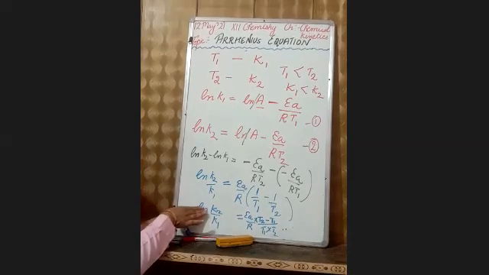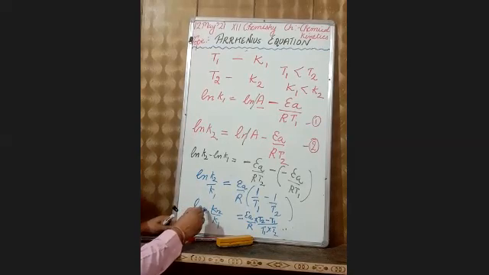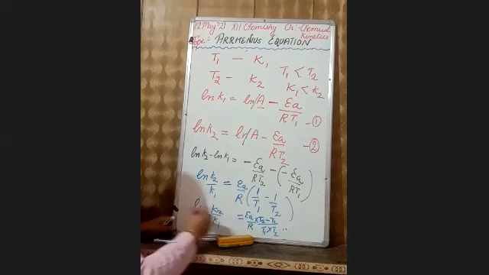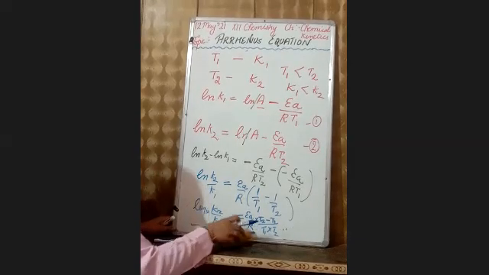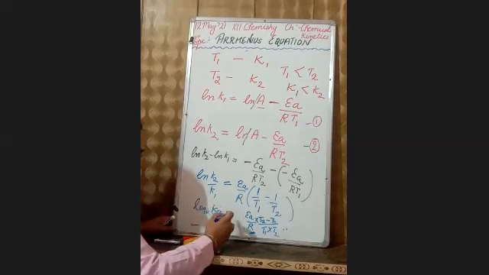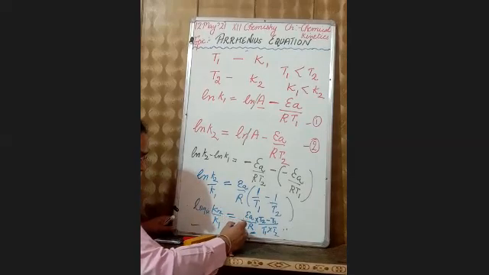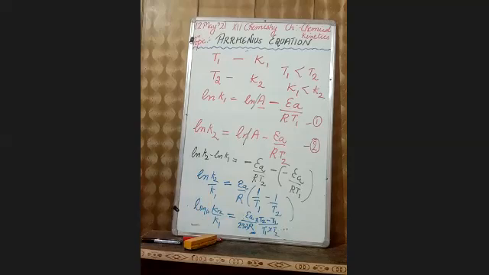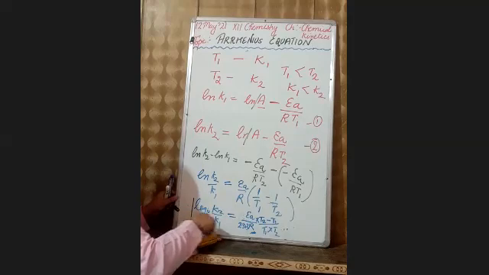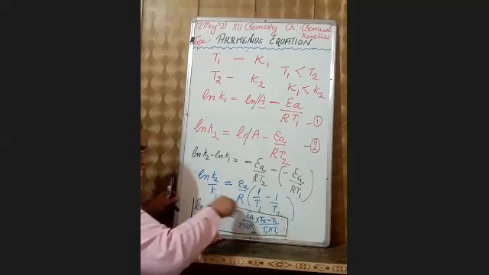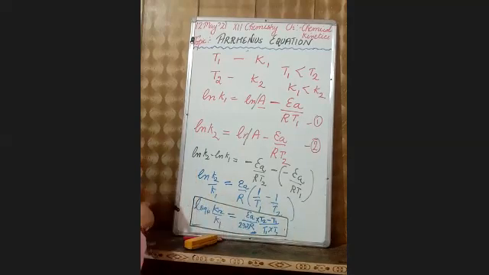Fine, I am converting this into log base 10, so multiplied by 2.303. I am taking this 2.303 here. It will be equal to 2.303 R into T2 minus T1 over T1 by T2. This is the final equation. What I did